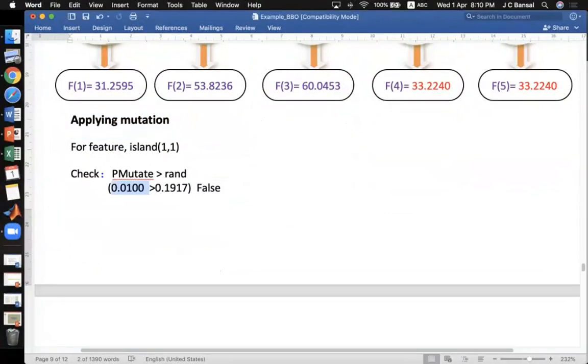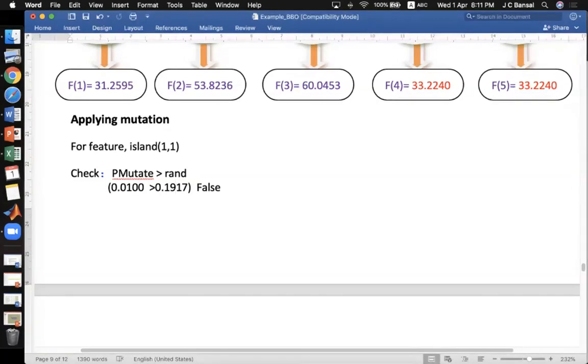It is a parameter. Remember, we have considered this earlier also, right? And check whether this probability of mutation is greater than this random number between 0 and 1 or not. Or you can check it the other way also, that the random number is less than the probability of mutation. If it is true, we will modify it, otherwise we will not, right?